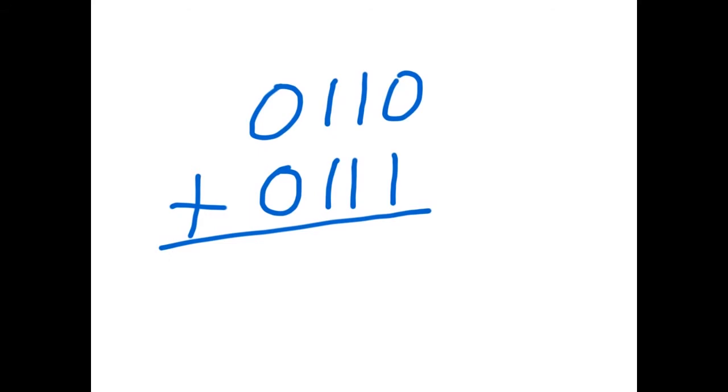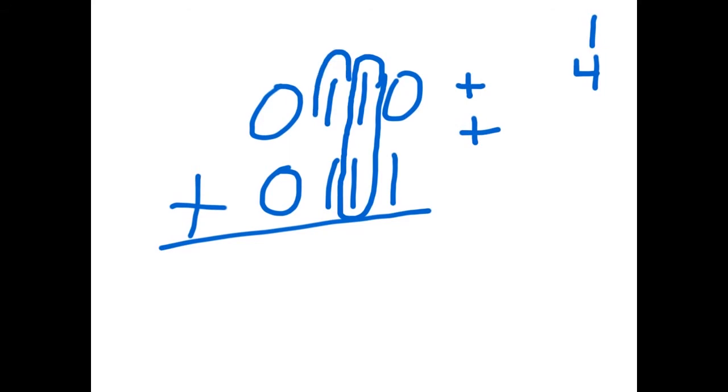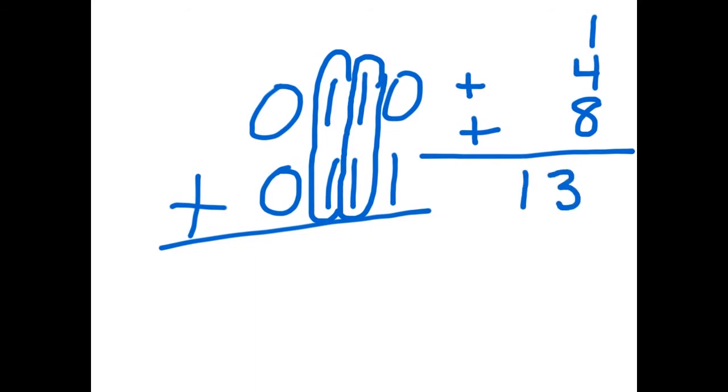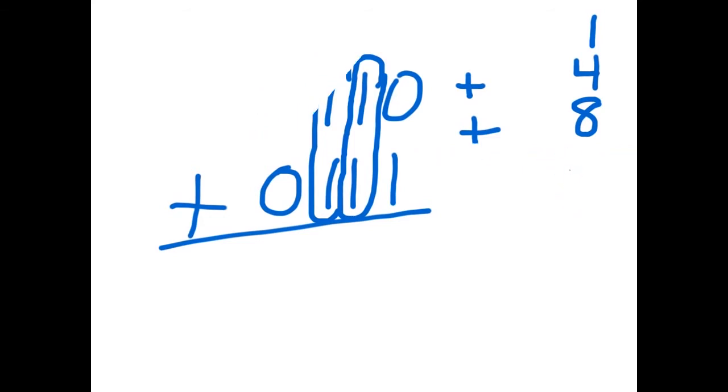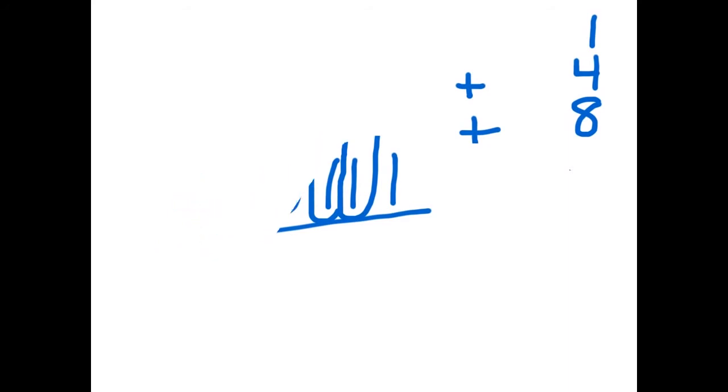So we know that 0 and 1 is 1. We know that 2 and 2 is 4. We know that 4 and 4 is 8. And then we have our answer. We just add it together and we have our answer. Now you can do the exact same thing in binary if you want to have the binary answer instead, and we'll do the exact same thing. We'll add together 6 and 7,